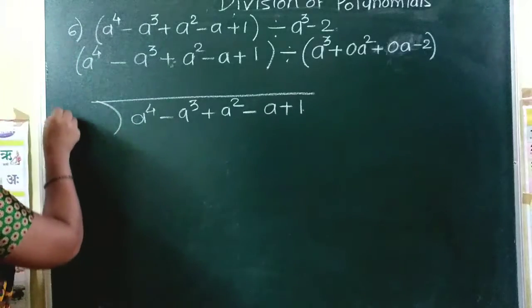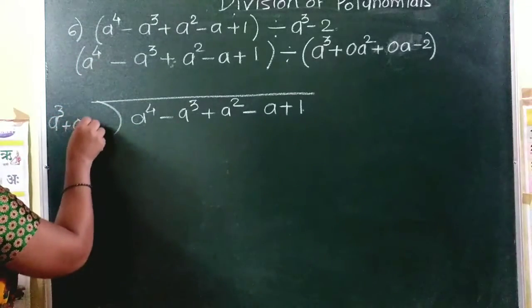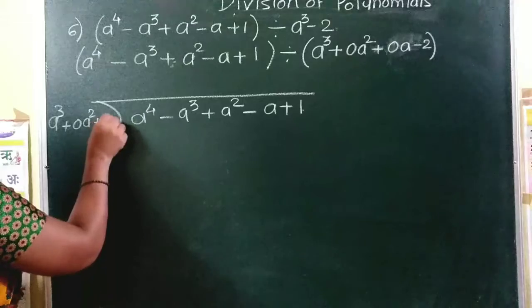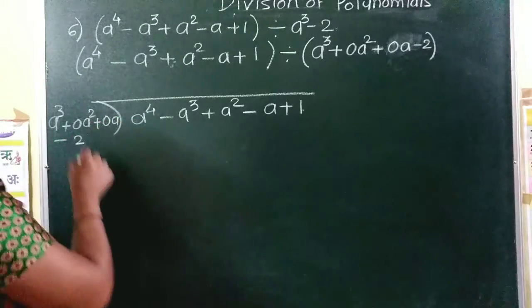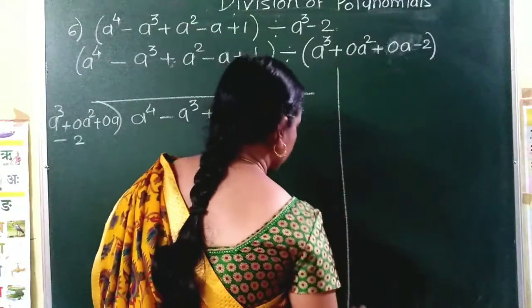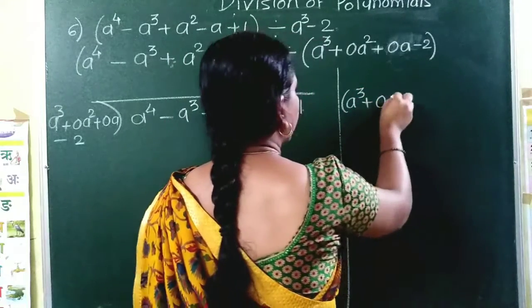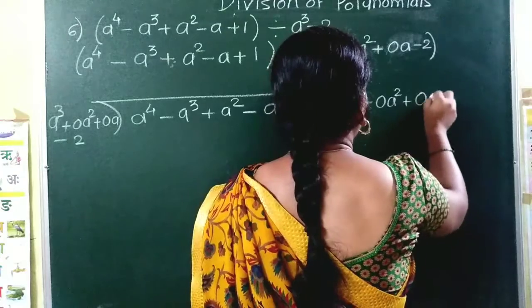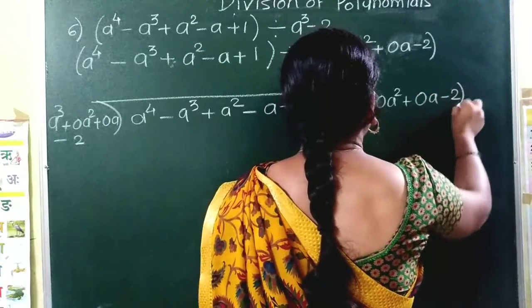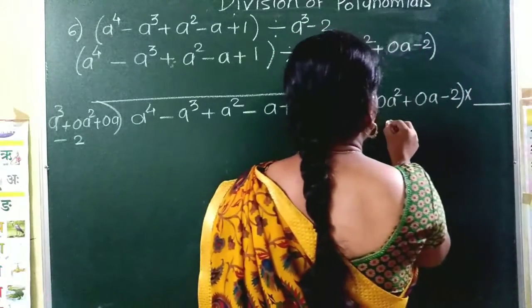Second divisor, I will take the divisor a cube plus 0a square plus 0a minus 2 multiply by the factor to get